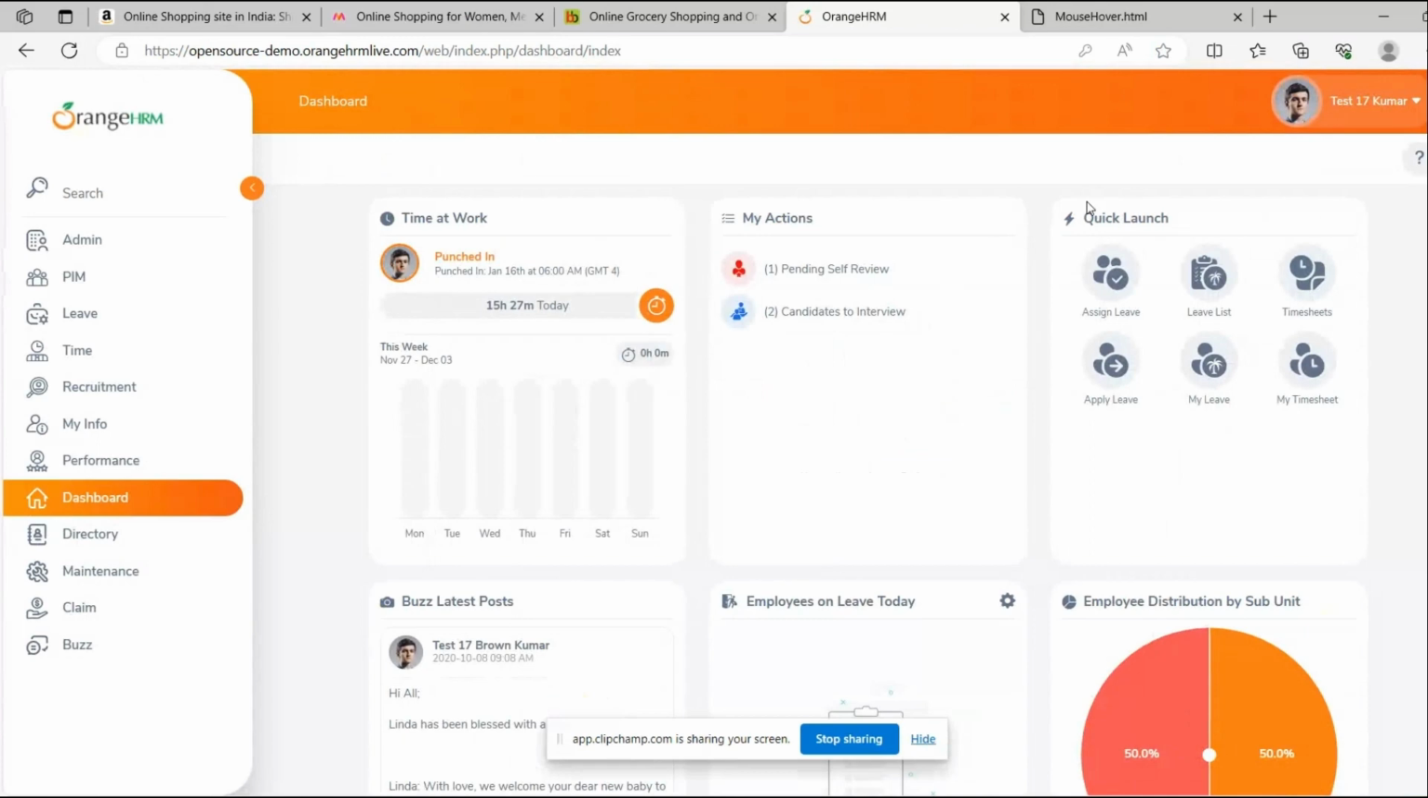Here in the OrangeHRM website, when we hover the mouse on any of these icons, its background changes to orange color. I have created a sample application to show how we can invoke Selenium WebDriver's Actions class API to